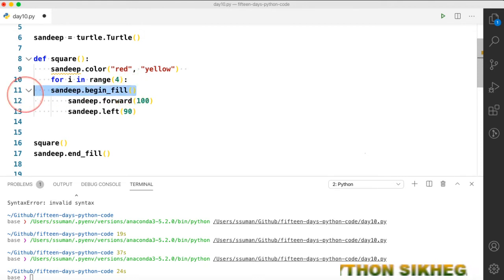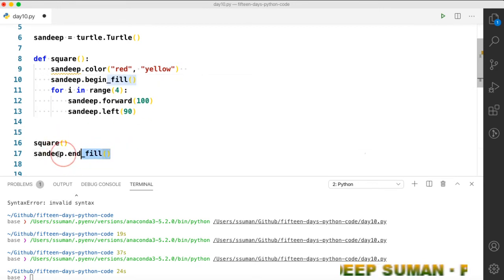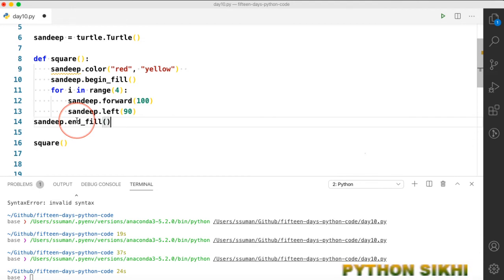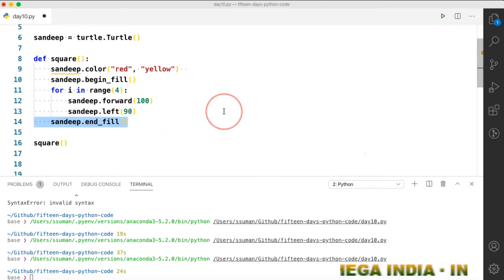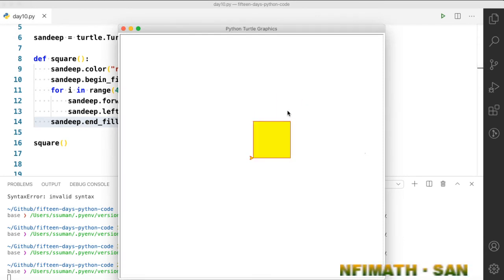My idea is that each time we create a square, we will fill it. So a square is completed here, and once the square gets completed, we can, let's check this. I think it should fill. Let's check the structure. Okay, so in this way you can create a function that fills the square.